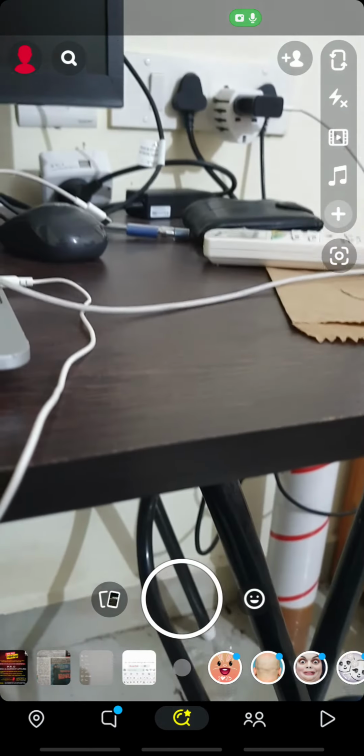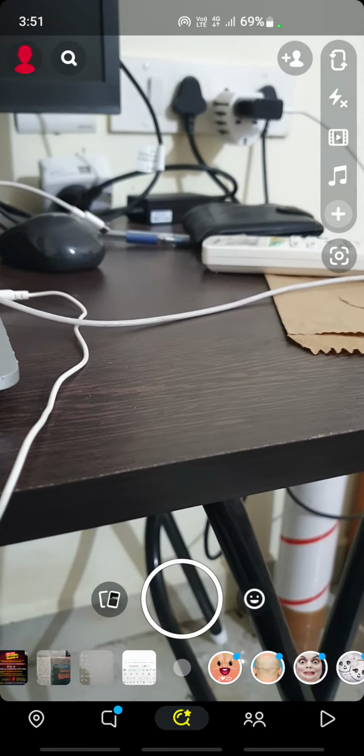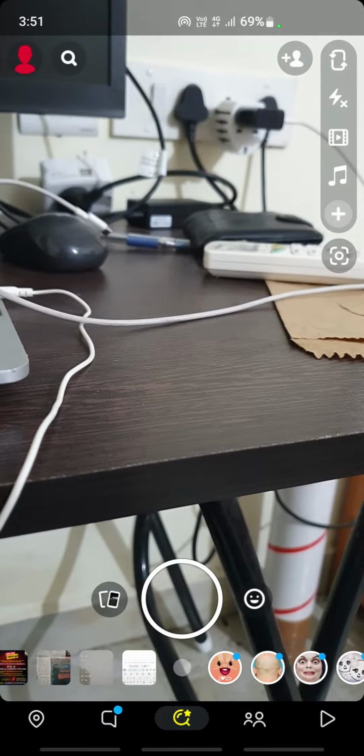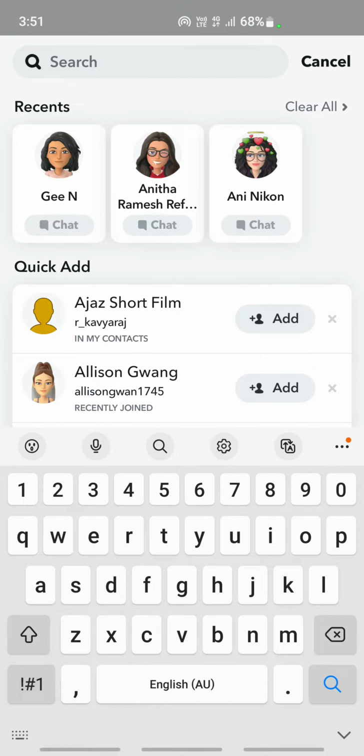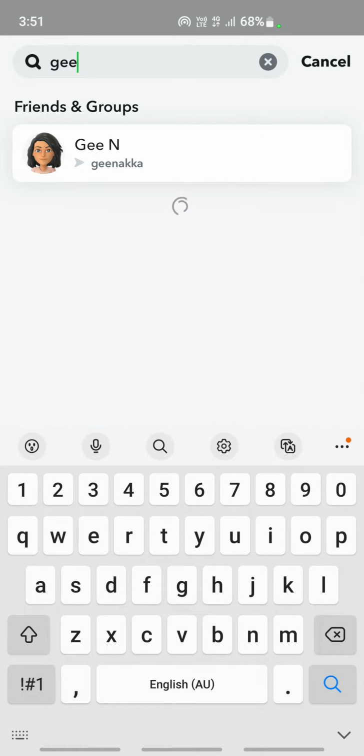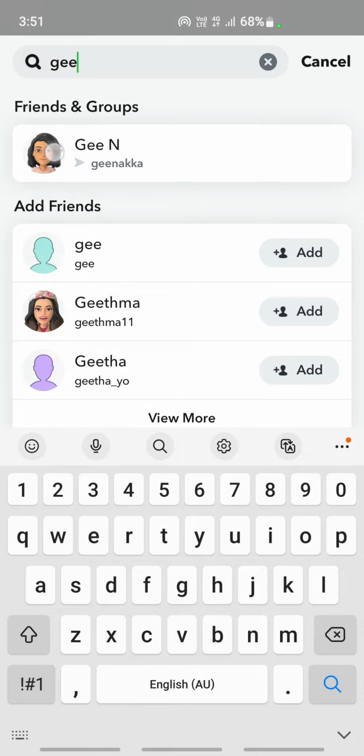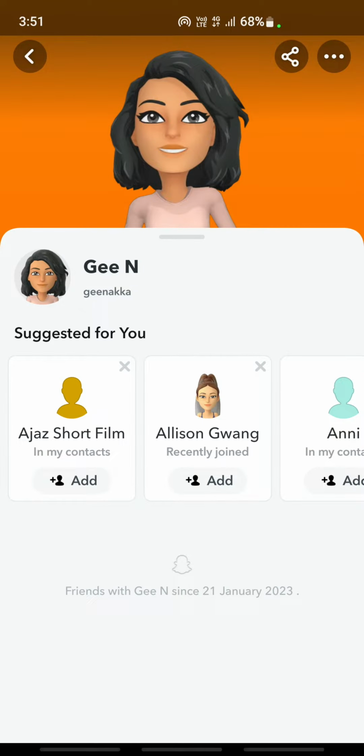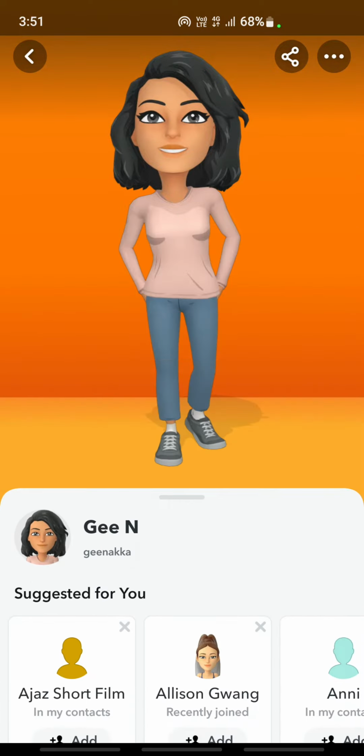So once you have opened your Snapchat, what you have to do here is click on the search option here on top. So here, search for the person that you want to check whether you have sent the friend request or not. So you can just search for them. So once you search for them, click on that person's profile. Okay, so once you click on their profile,